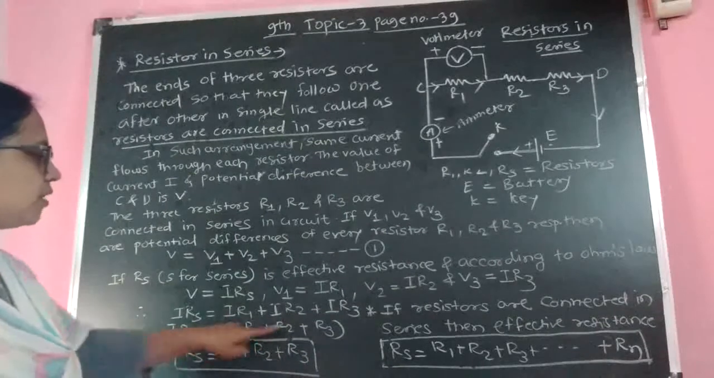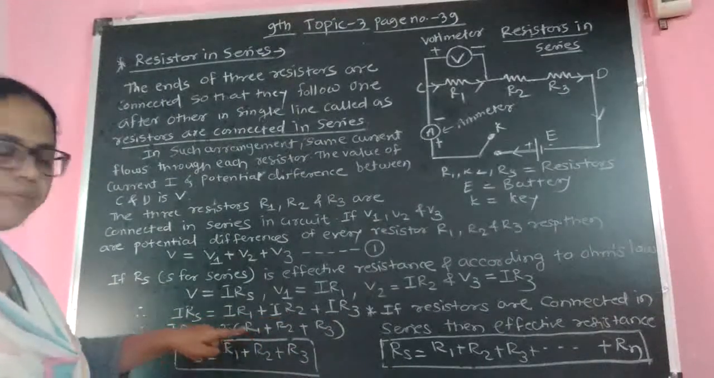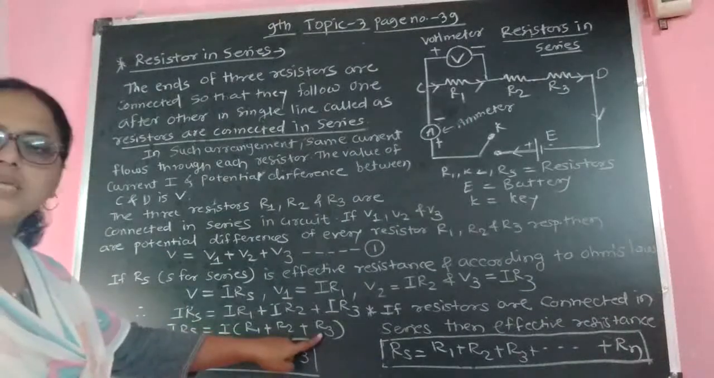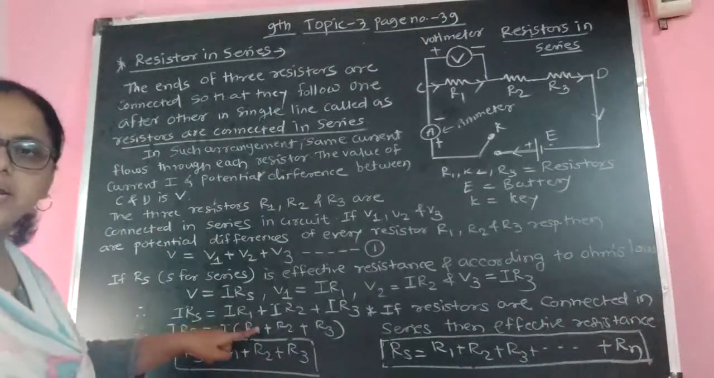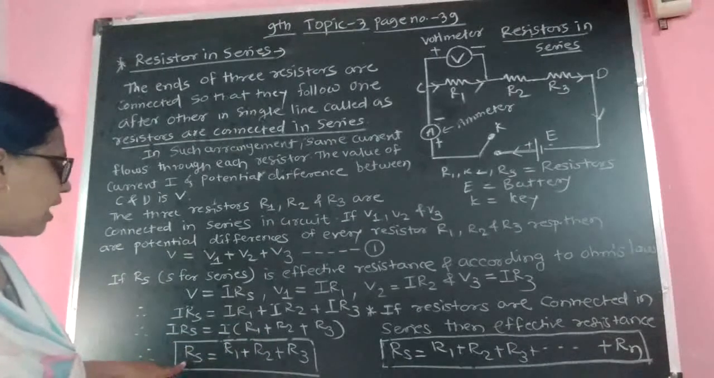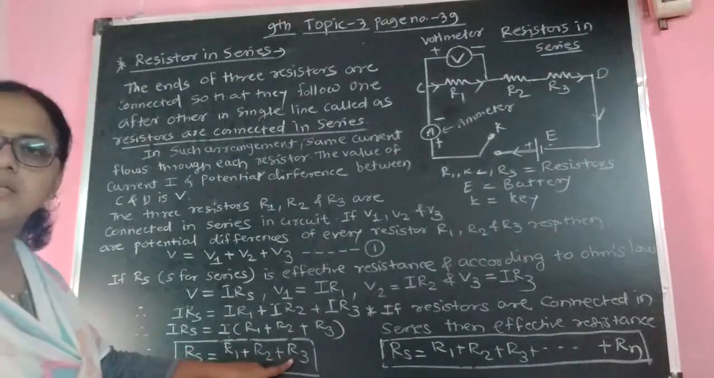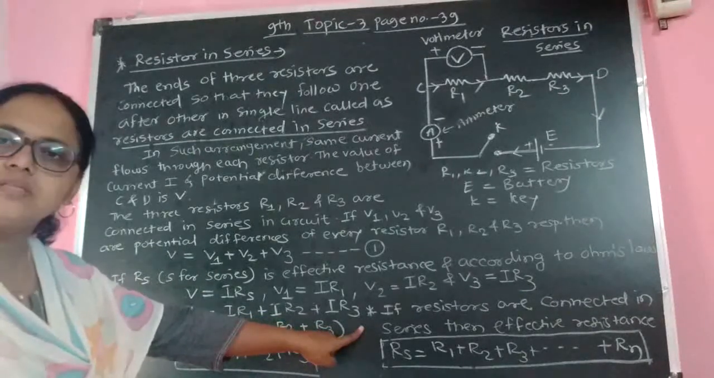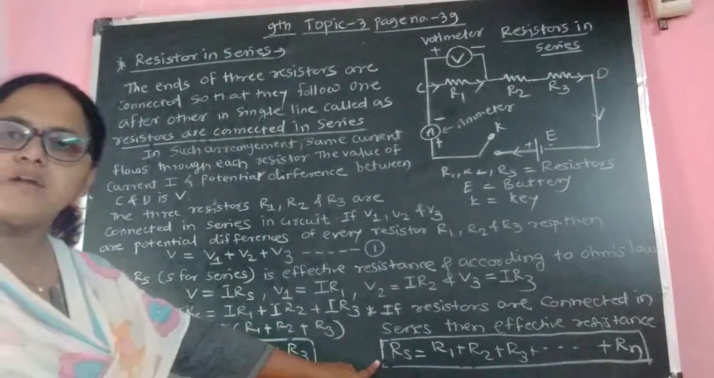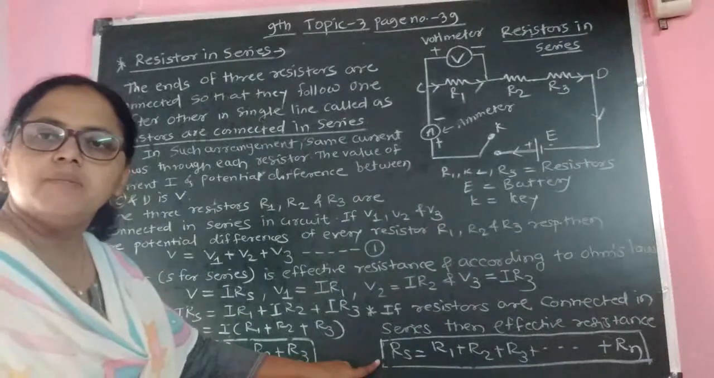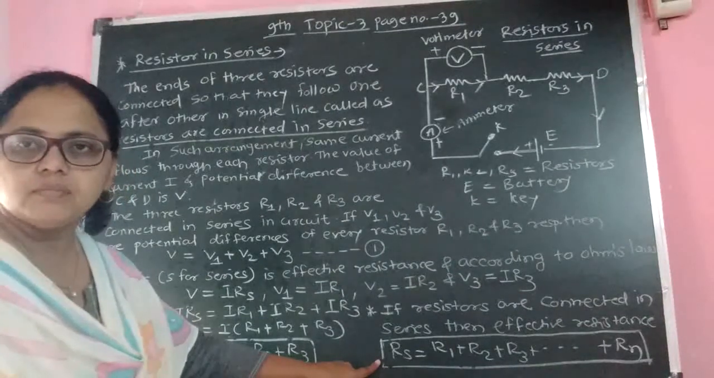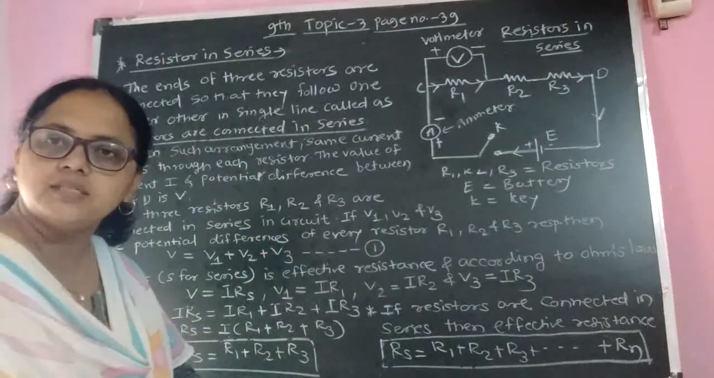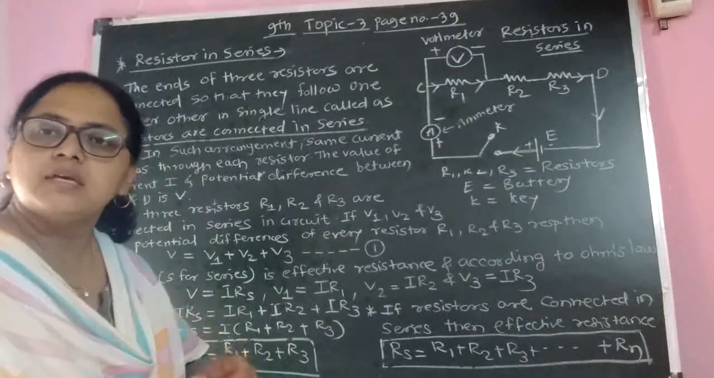Now take I common from the right hand side. That is, IRs is equal to I in brackets R1 plus R2 plus R3. So I gets cancelled from both sides. You will get Rs is equal to R1 plus R2 plus R3. So if resistors are connected in series, the effective resistance is Rs is equal to R1 plus R2 plus R3 plus dot dot Rn. That is, when all the resistors are connected in series, then the total resistance of the circuit is the sum of all